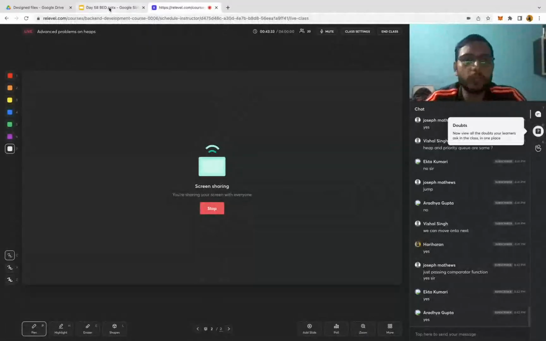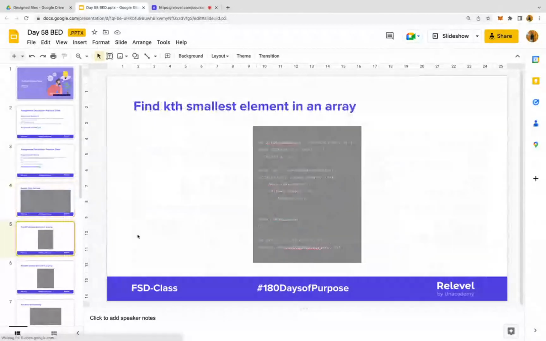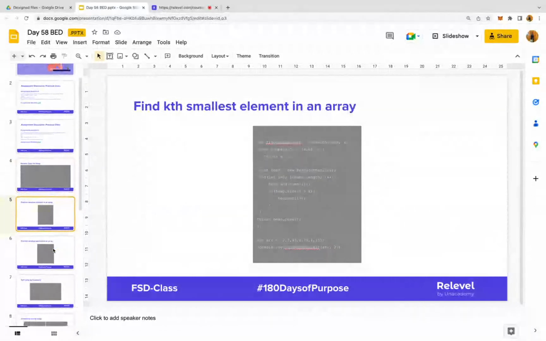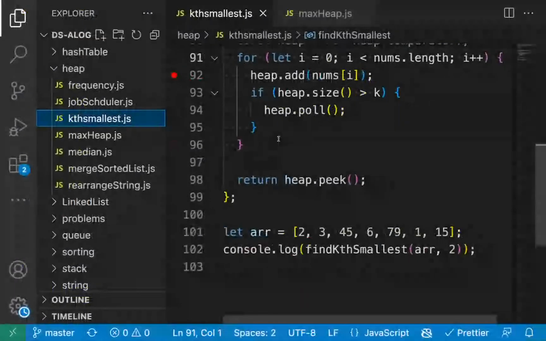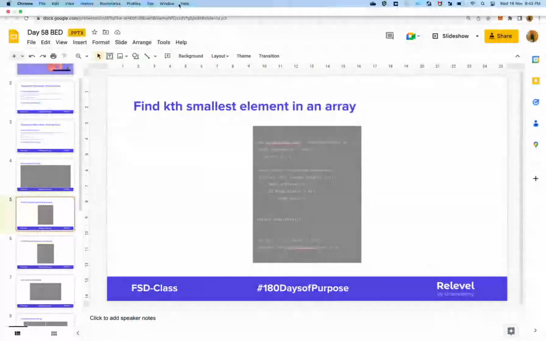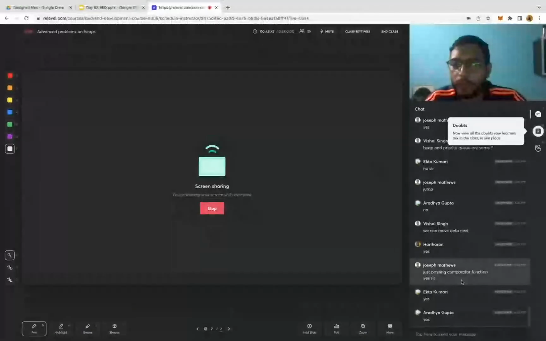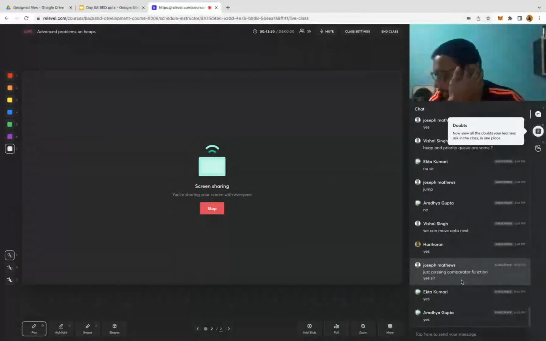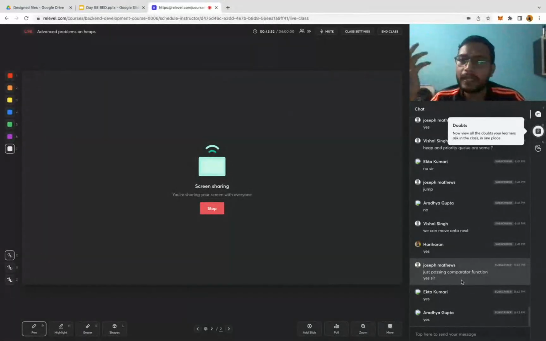Yeah. So let's move into the first question, which is the kth smallest element in an array. I think we already have the similar problem of kth largest element, correct? So now this time we need to find a way to find out the kth smallest element, like the second smallest, third smallest, or fourth smallest element, anything they can ask, right? So guys, tell me,